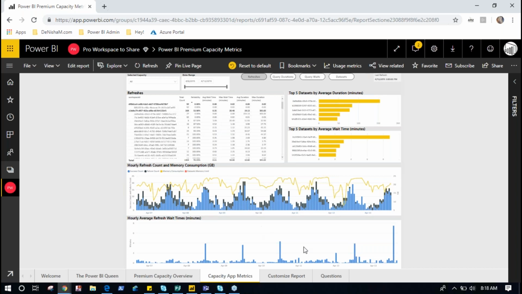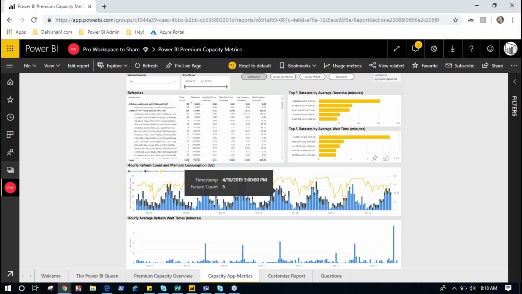And also the black versus the blue. Blue is success, black is failure. So right here, it seems like there's a lot of black. During April 7th, there was an outage, which explains a lot of this black, but this black isn't explainable right now. But on average, this isn't a bad view of the tenant because you're still getting a lot of successes and there are no extreme spikes in the memory. So technically, this tenant is performing